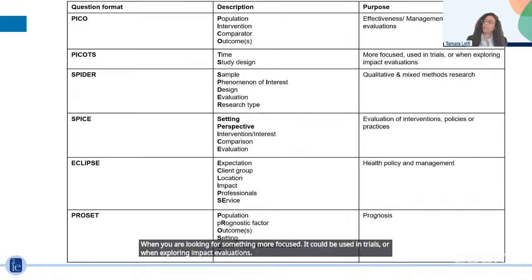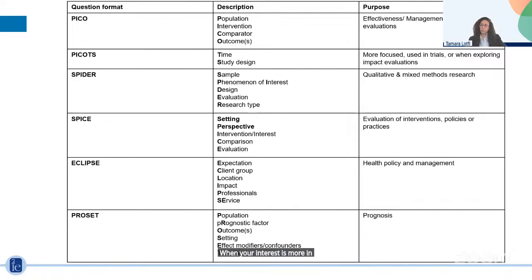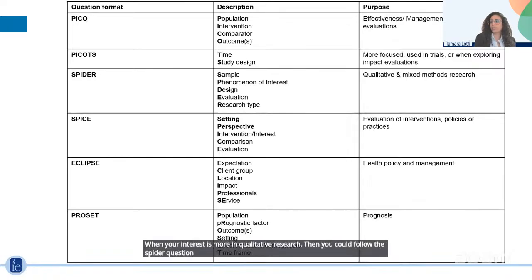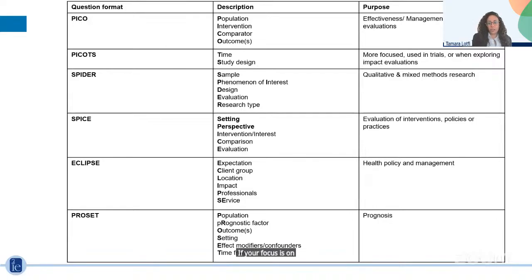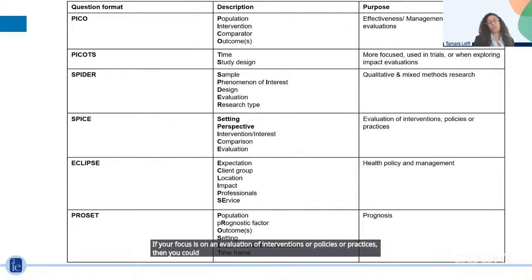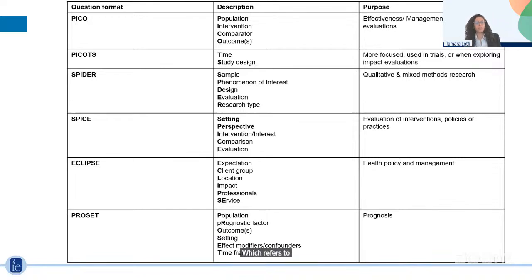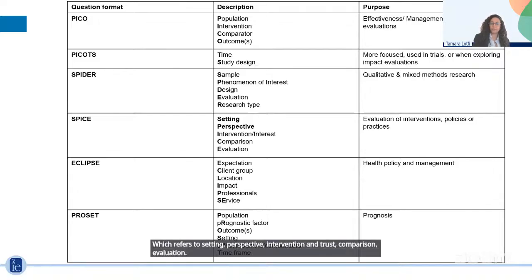When your interest is more in qualitative research, then you could follow the SPIDER question formulation format, and that would include sample, phenomenon of interest, design, evaluation, and research type. If your focus is on an evaluation of interventions or policies or practices, then you could formulate your question following the SPICE format, which refers to setting, perspective, intervention interest, comparison, evaluation.